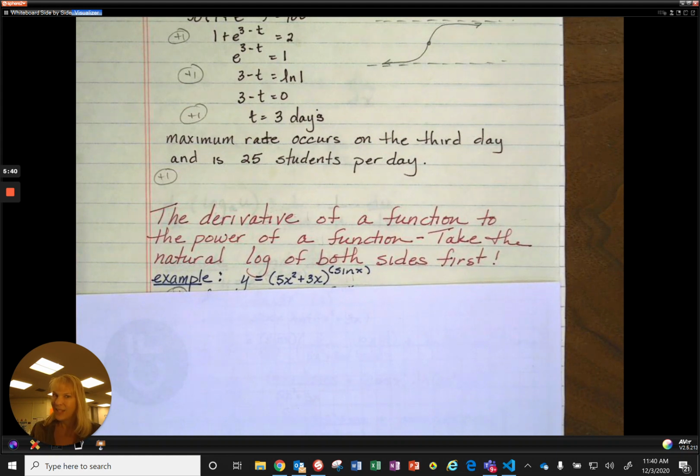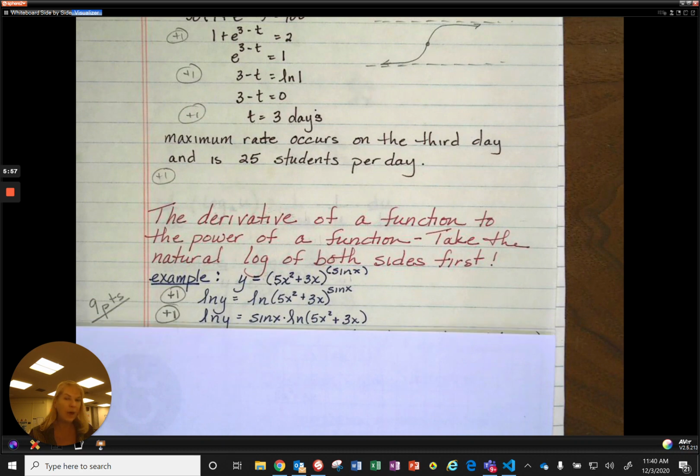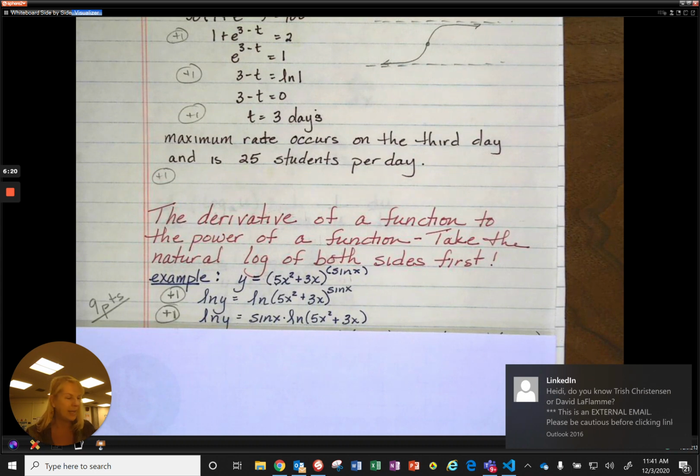Welcome back. Okay, I just gave you the hint of a lifetime right above there in red. Take the natural log of both sides. That is worth 1 point. Using your log rules now, you can bring sine out of the exponent. Now you're going to take the derivative, and you need to take the derivative from the left to the right all the way through. So the derivative of the natural log of y is 1 over y times dy dx